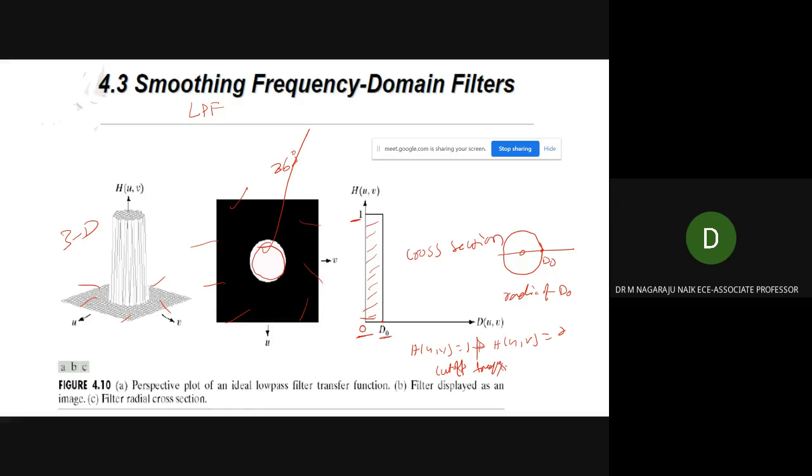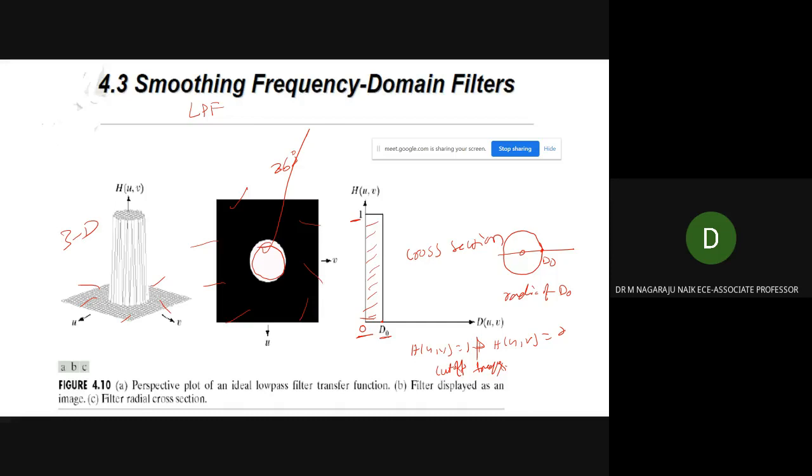What is meant by the cutoff frequency? The cutoff frequency concept is quite useful in specifying a filter's characteristics. It also serves as a common base for comparing the behavior of different types of filters.